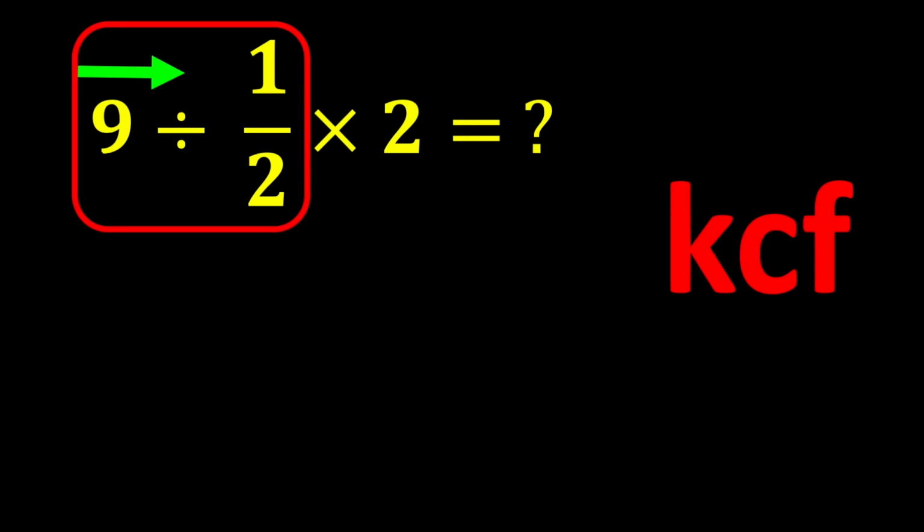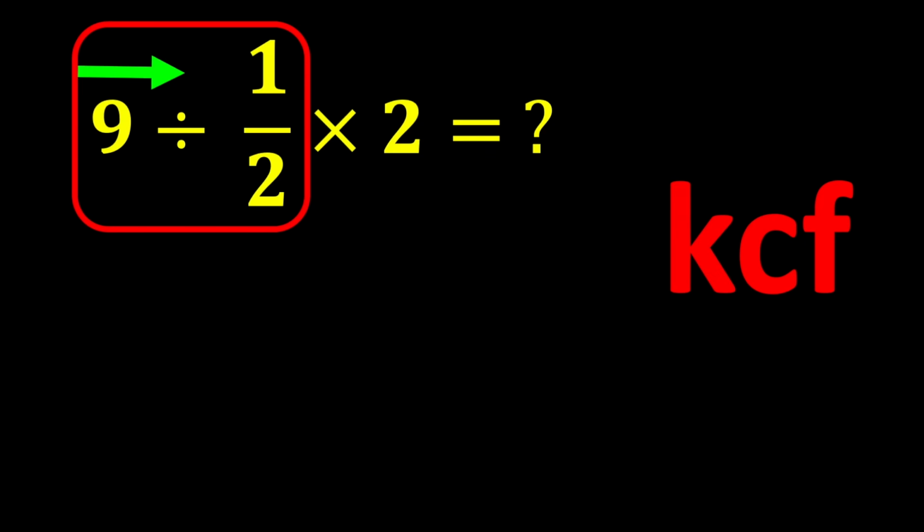To solve this part, we use the KCF rule. K stands for keep, C stands for change, and F stands for flip. The KCF rule is a simple rule for dividing fractions. According to this rule, we keep the first number as it is, change the division sign to multiplication, and flip